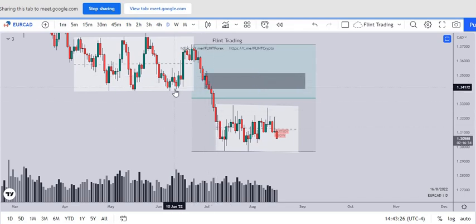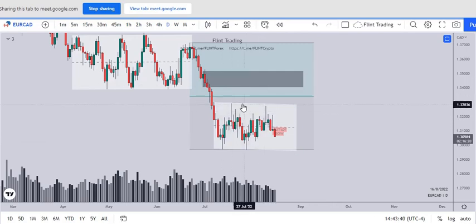So that is the last supply in control, and if you observe, this has not been mitigated since then. I was expecting price to come up here and again fall down. For that to happen, this must be a redistribution phase again. So for that to occur, I was expecting price to come up here